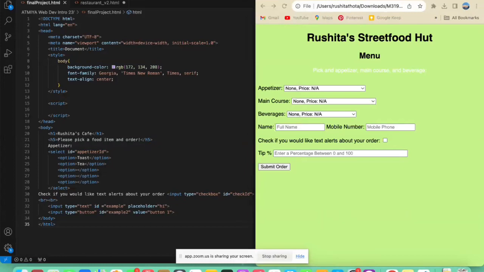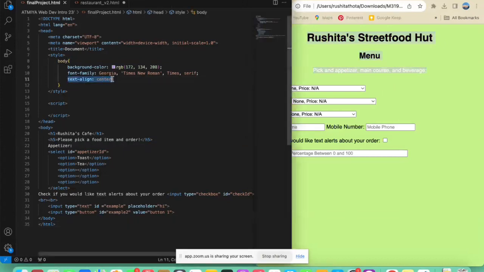Okay, so I had some questions on how you get your code to align like this. So first, we want our headers to be aligned in the middle. For that, over here, I have text align center. And then